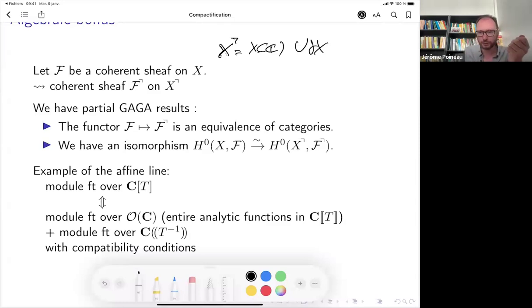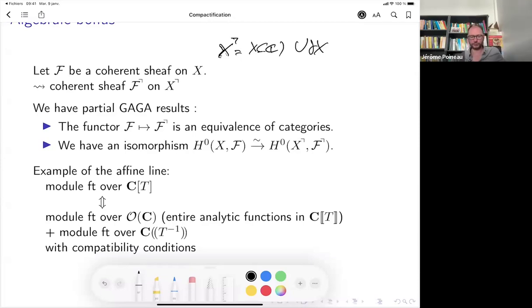One of my hopes is that it's possible to compare them. If we have some kind of full GAGA theorem, the cohomology of the compactification is just the cohomology of X. It's as if I've written X as a union of the complex part with the complex topology, the complex cohomology, and some other part, a bit weird, but never mind. It would also be a tool to compare the algebraic cohomology and the analytic cohomology.